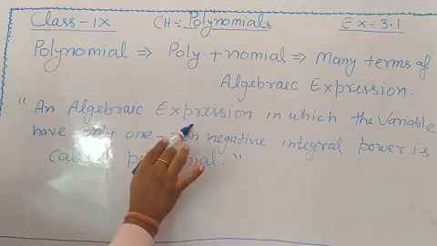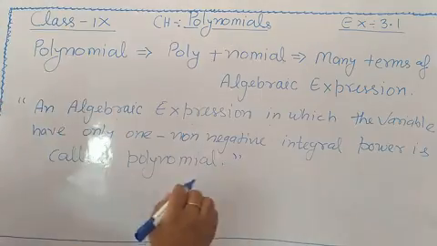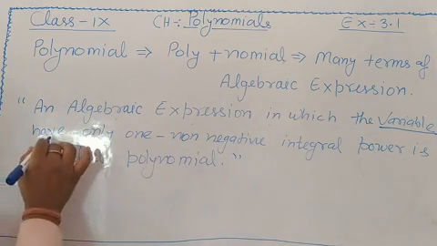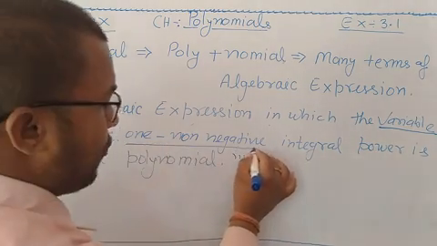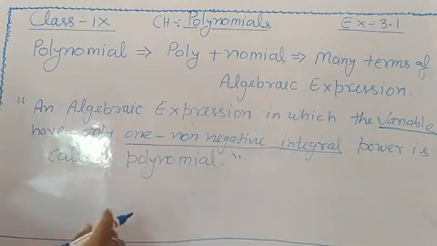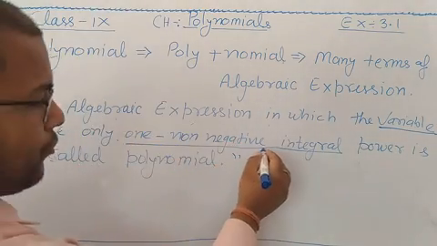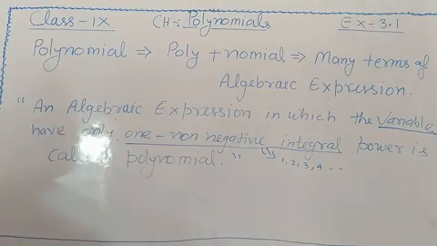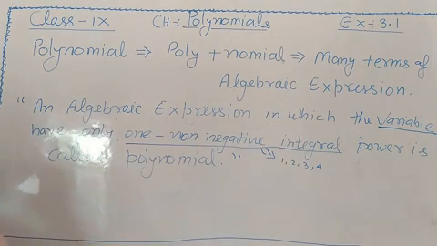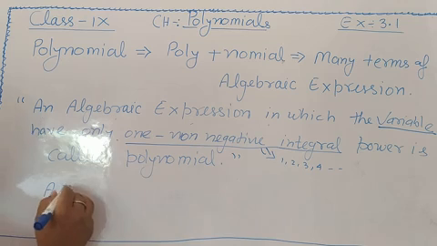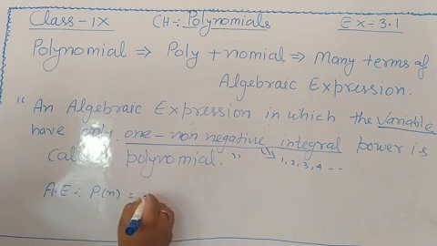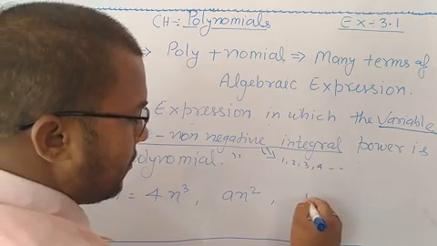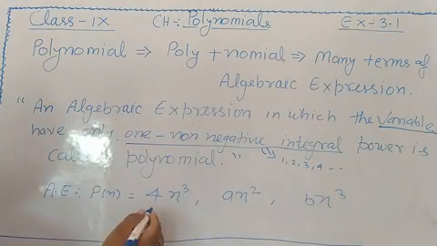An algebraic expression in which the variables, meaning not fixed values, have only non-negative integral powers. Non-negative integral means natural numbers, 1, 2, 3, 4, and so on. Power is called polynomial. For example, the algebraic expression p(x) = 4x cubed